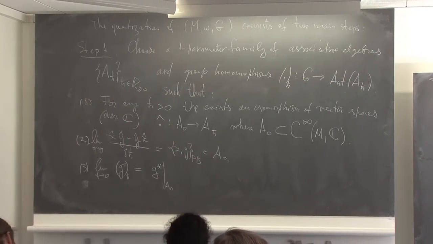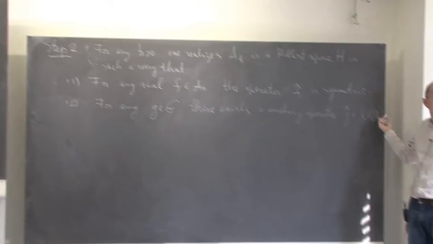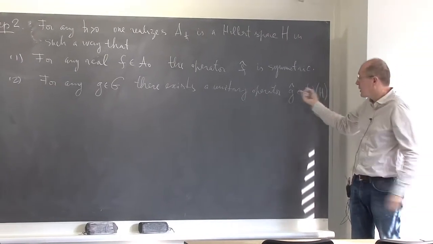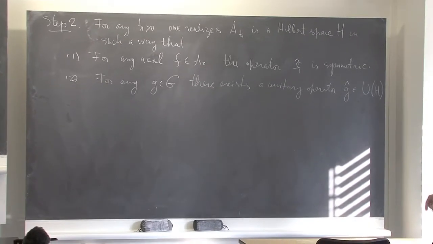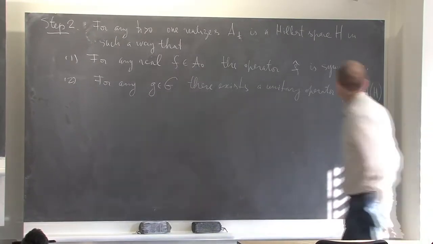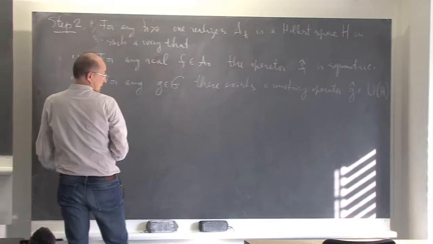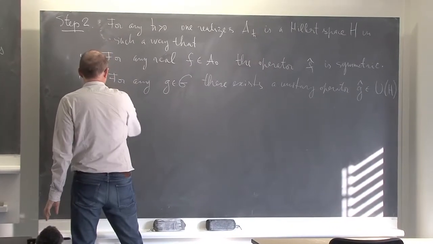If I put hat over symplectomorphisms, then it will be a unitary operator, which I'm going to define. And hat in the R operation is something else. Okay. So the unitary operator such that